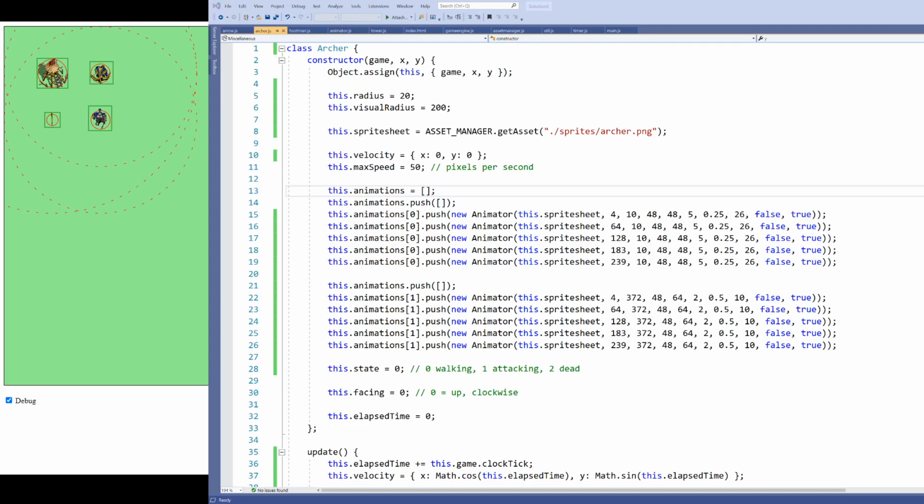All right, welcome. In this video I want to start pathing my archer and my footman towards my tower so they can attack it and be attacked by it. And I want them to walk along a preset path. For now I'm going to limit it to straight lines, but I want it to have different line segments